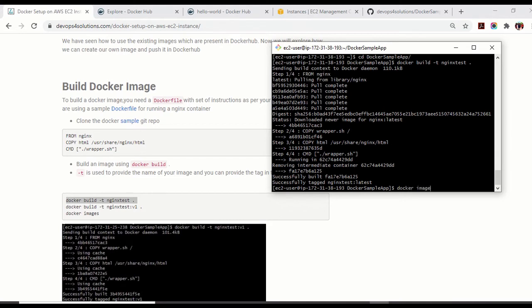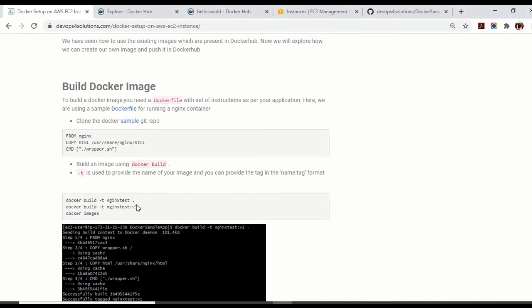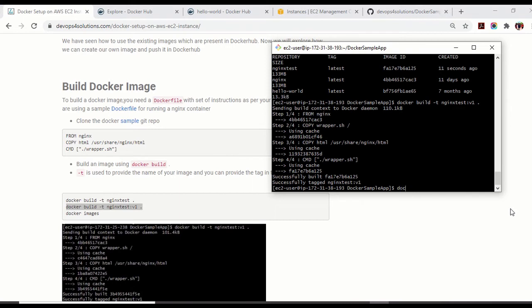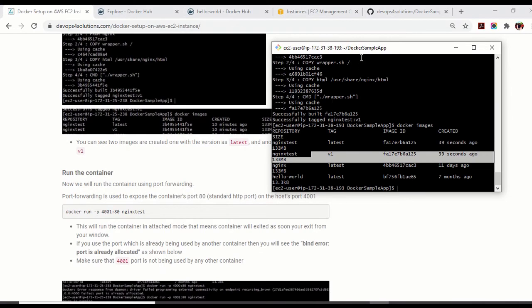If I show you docker images, you can see my nginx-test and the tag is latest, because I have not put any tag name. By default, it will take the latest. And here you can see Nginx. It automatically downloaded that image and put it in your system. Now we can run it like this also if you need to put versions. Here you can see I should now be able to see two images: Nginx with the latest version and Nginx with the v1 version, right? Okay, so we are done with this. You can see two images.